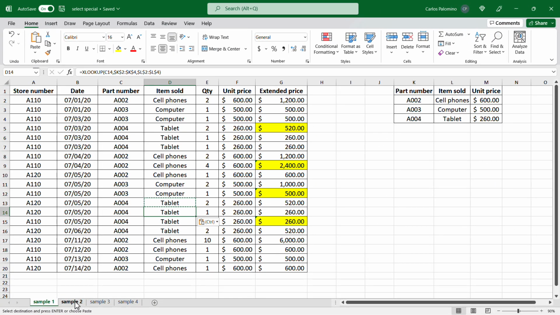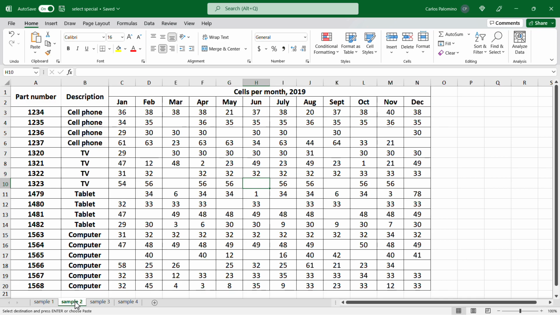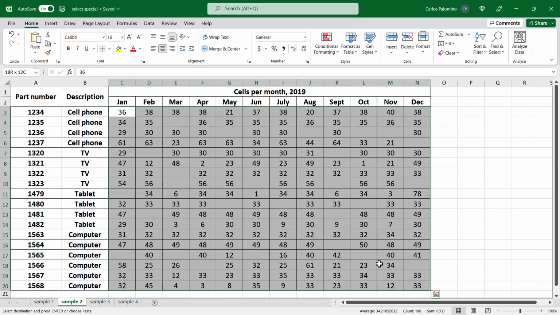Move to Worksheet Sample 2. In this sample data, we have several cells that are blank. I would like to fill those blank cells with 0, but I don't want to do it manually. We can use Select Special and Special Fill. Select the range C3 to N20,